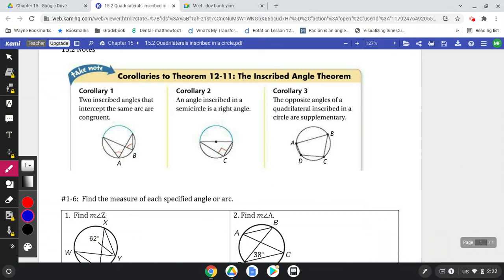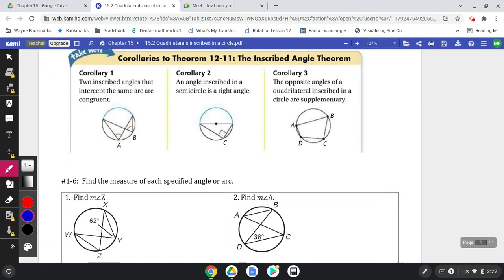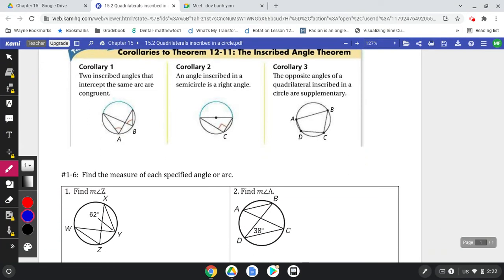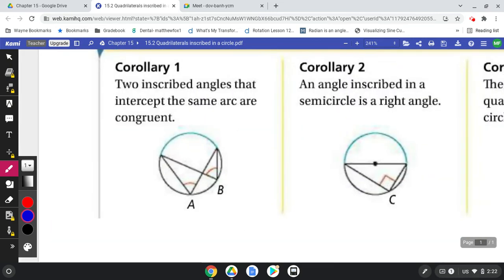Today we're going to talk about a few corollaries. Corollaries we can kind of think of as our rules. These are going to be related to our inscribed angles. So if we look at this first one here, our corollary says two inscribed angles that intercept the same arc